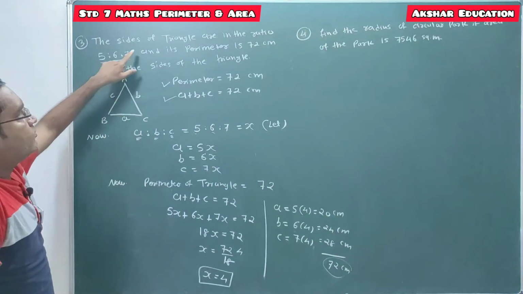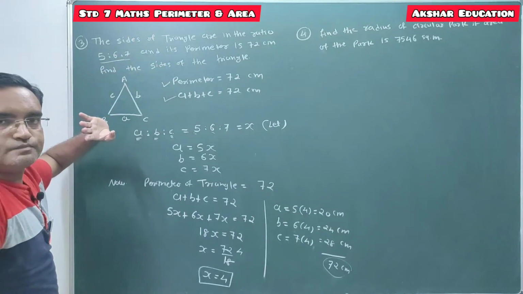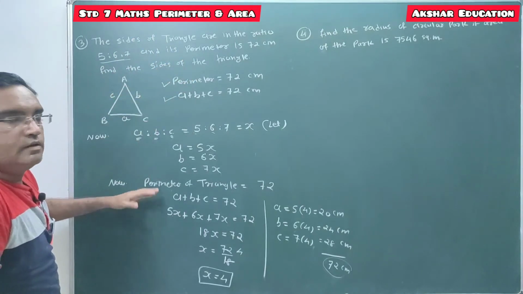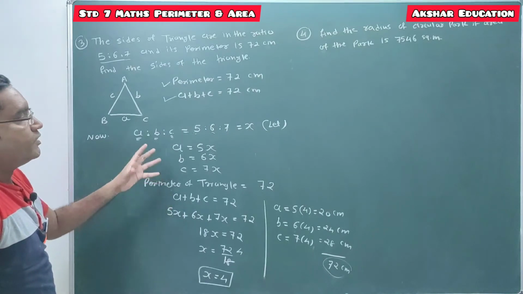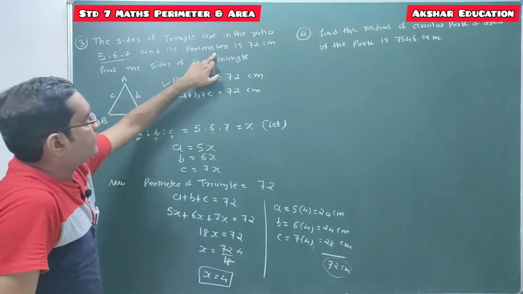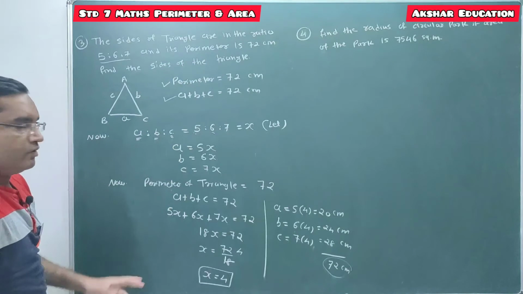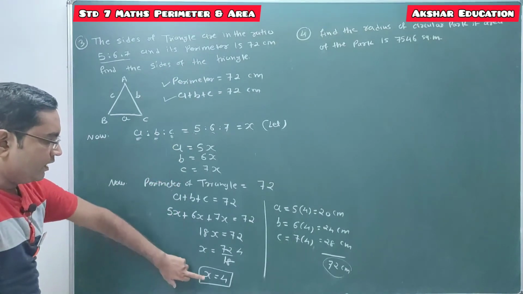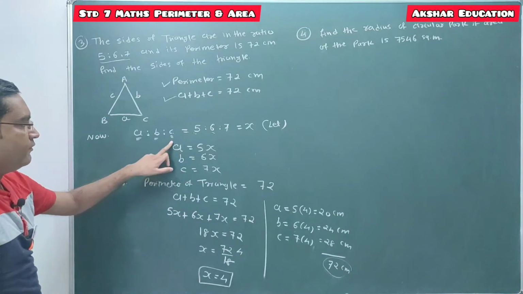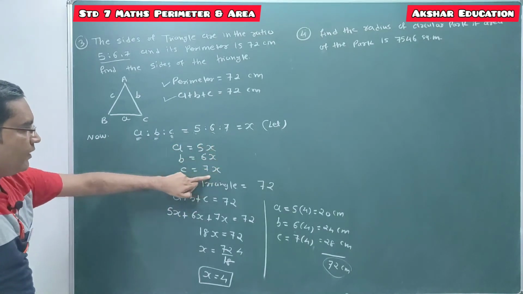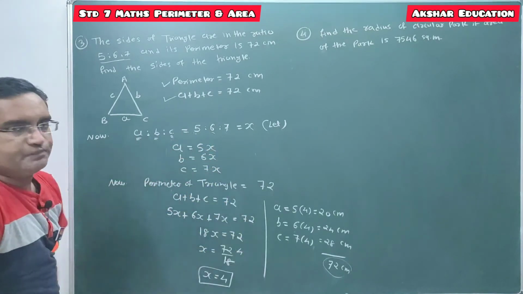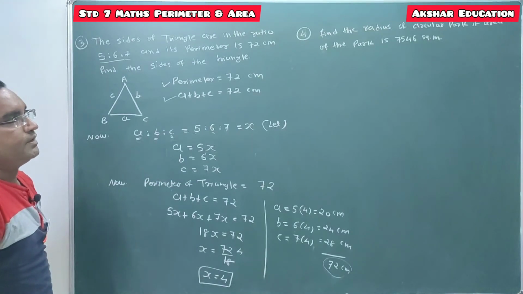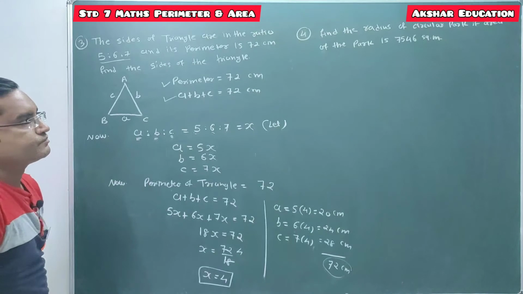When ratio of three sides of triangle is given, perimeter is given, then you have to use the formula of perimeter. Sometimes question may be changed. Instead of giving this perimeter, suppose area may be given, so you have to use the formula of area, and then you have to solve for this x and put that value of x in the given values of sides in terms of x. So we are getting our actual answer. Clear, students? So now check that question number 4.